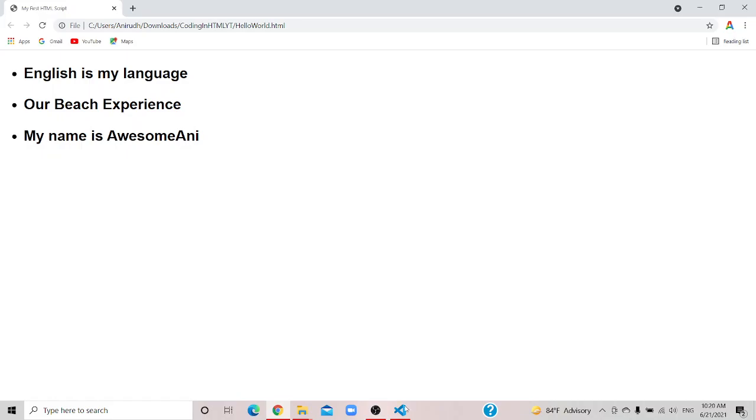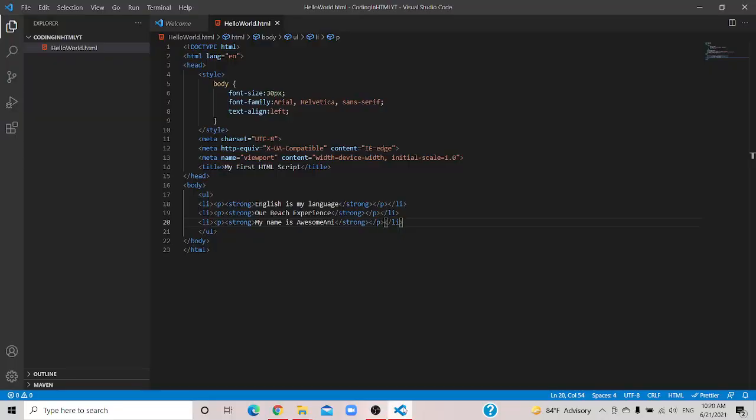But now, what if we want to add more things? It's just the same. You just add more list items, as many as you want. So you can say,